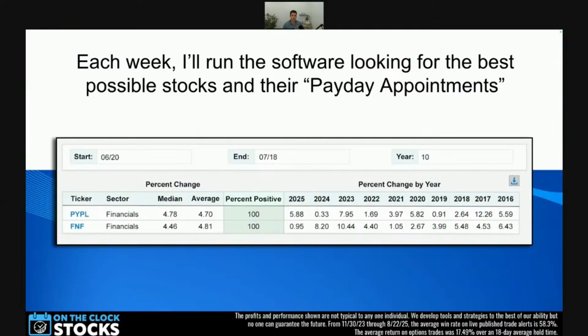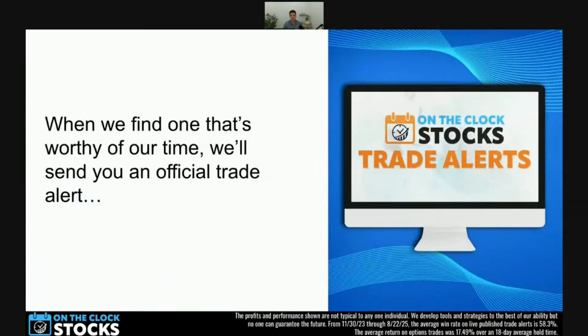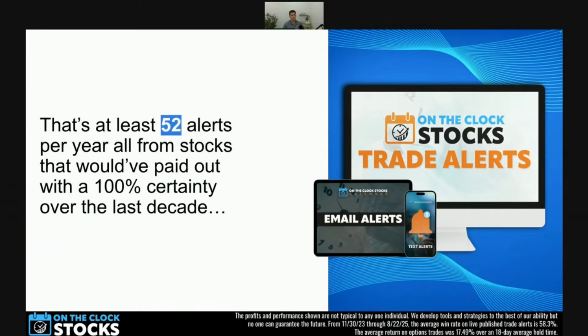Each week, I'll run the software looking for the best possible stocks and find these payday appointments. And then my team and I will vet each opportunity going back as far as the last decade. Now, when we find the one that's worthy of our time, we'll send you an official trade alert. So you can typically expect 1 to 2 alerts per week with notifications sent via text and email. Now, that's at least 52 trades per year, all from stocks that have gone up with 100% accuracy over the